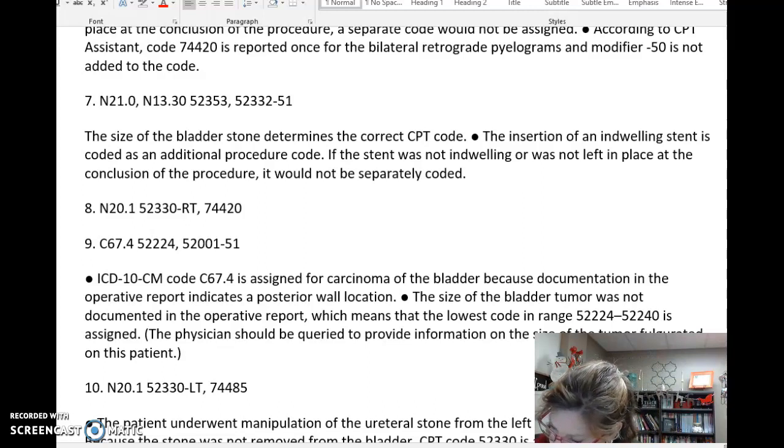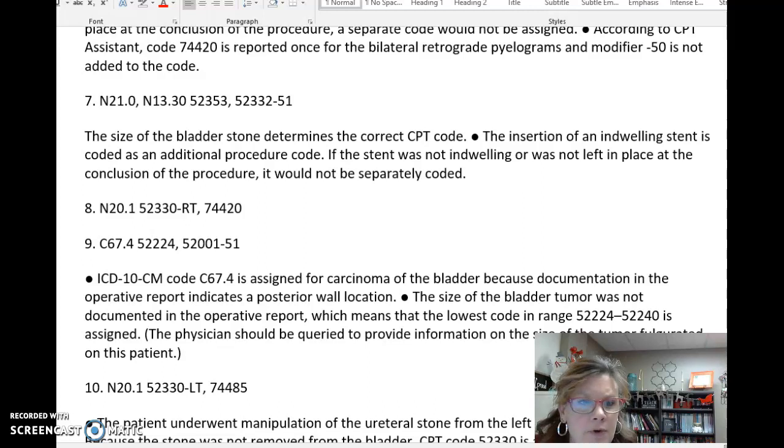So if you go that route, you're going to want to go under manipulation of ureteral calculus. Again, we're looking at ureteral, not urethra,